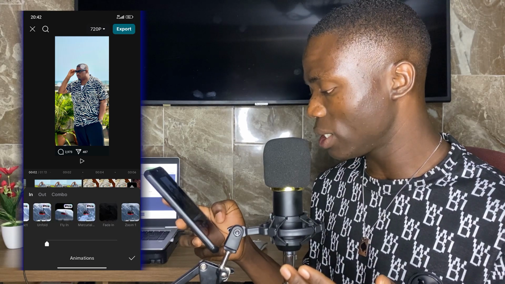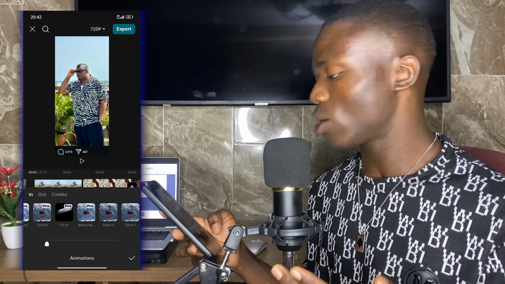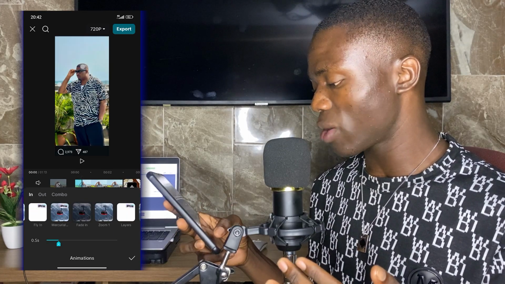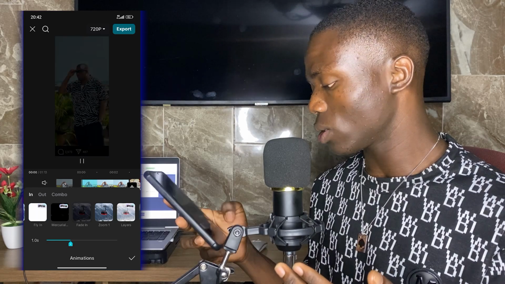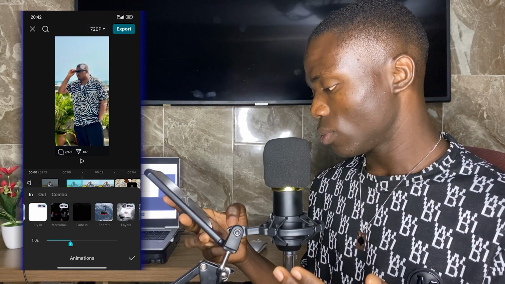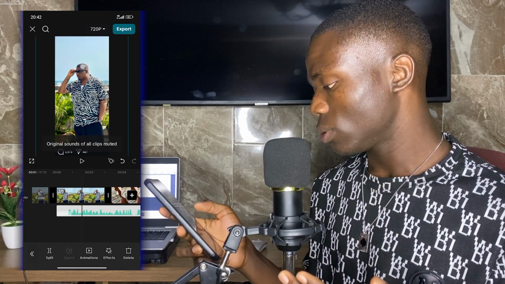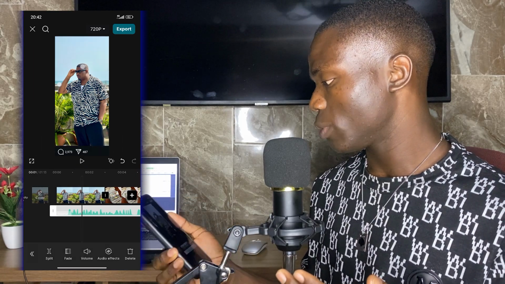You see the fade in here. The fade in is simply the animation I always advise, so make good use of the fade in. You can use the fade in for all of them and extend it to at least 1 second each. Now extend it to 1 second each. So I'm just going to turn down the volume on my phone.